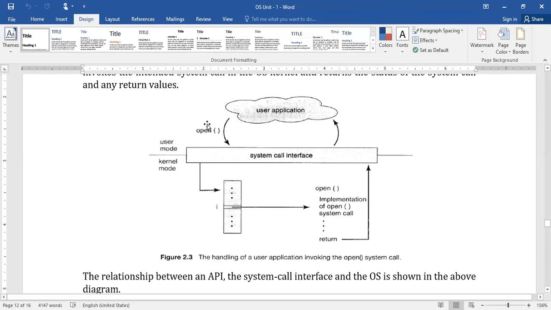But in order to get the service of main memory management and file management, it needs to use the system call open. That will be executed in kernel mode. So that particular open system call will be executed because it has a number.